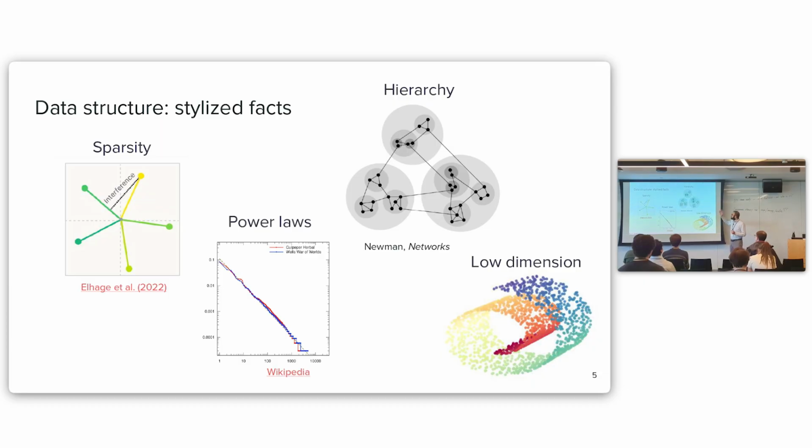Something we're especially interested in exploring is hierarchy, that the concepts or variables explain data have sub-concepts and sub-sub-concepts and so on in a nested hierarchical form. And finally, this idea that data might be concentrated on some low dimensional subspaces, or usually thought of as a manifold. And so for this reason, only a certain part, a much smaller amount of the data can actually be realized. And so these are these four properties: sparsity, power laws, hierarchy, low dimensionality, that are different ways that data might be learnable and that we might want to capture in a toy model.